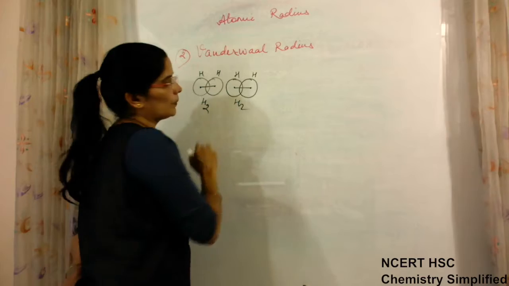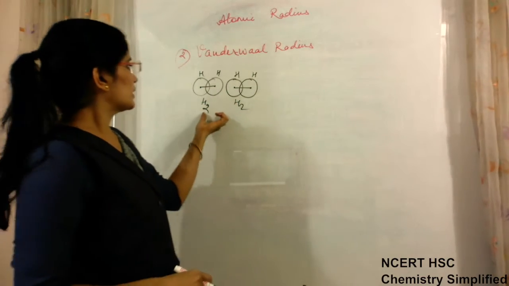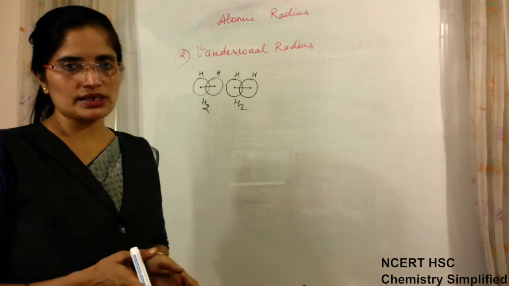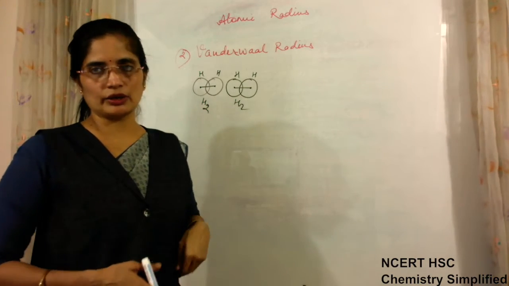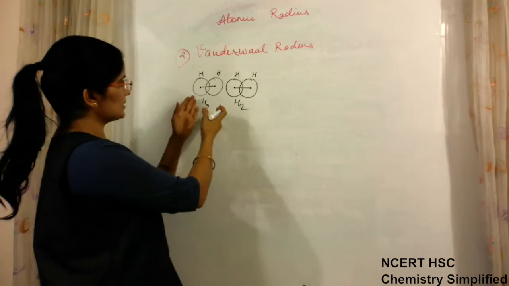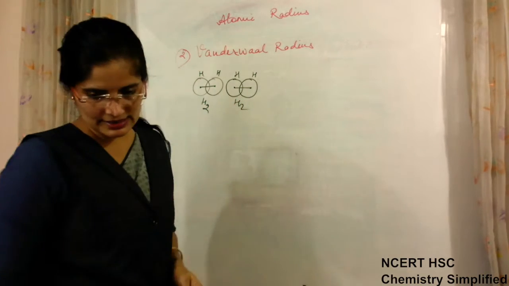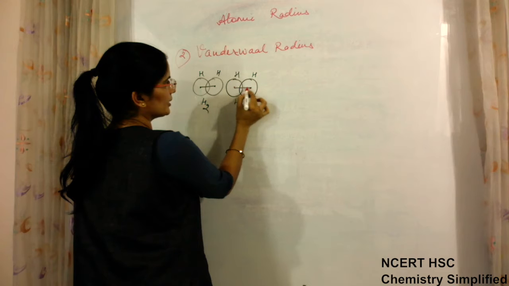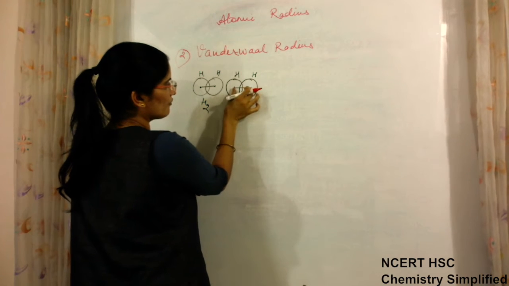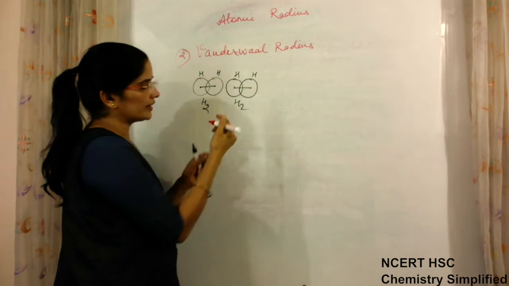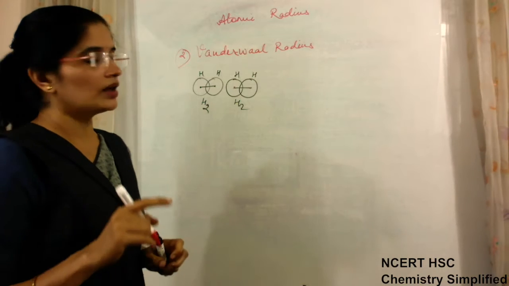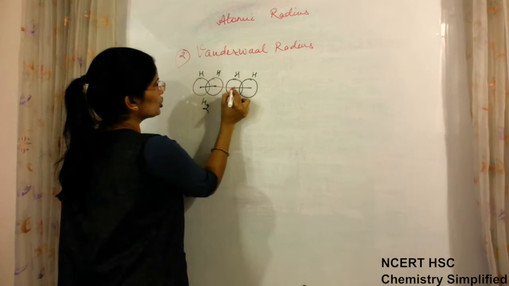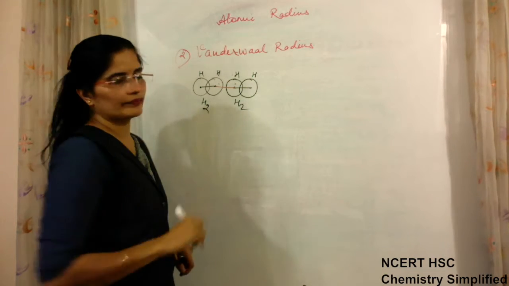Okay, whenever there are molecules of a particular substance, they are always in bulk, they are not alone. So when many such molecules are present, then in covalent radius what have we taken? We have taken half of the internuclear distance between two covalently bonded atoms. In the case of van der Waals radius, it is the half distance between two non-bonded